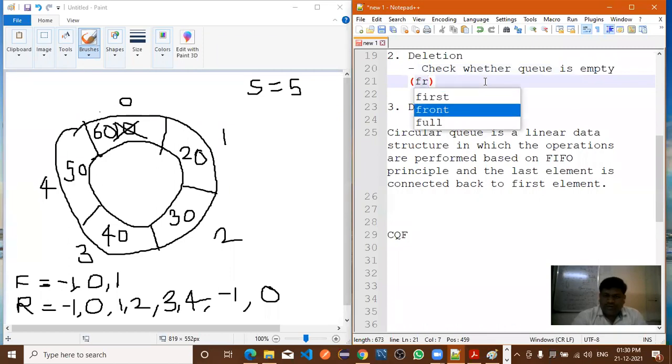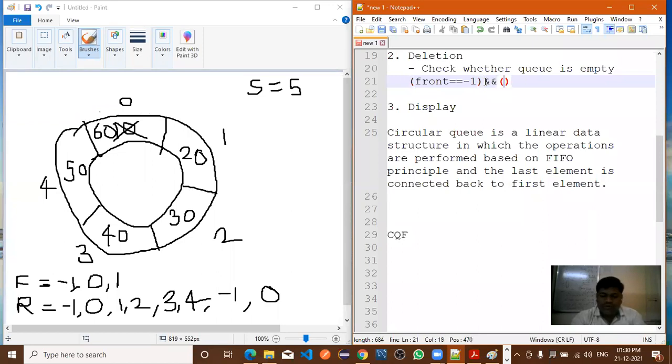Now, how to check? In a linear queue, how are you checking? Front equal to what? Front equal to -1. Here front may be equal to -1 or front equal to 0, so we need to check one more condition.